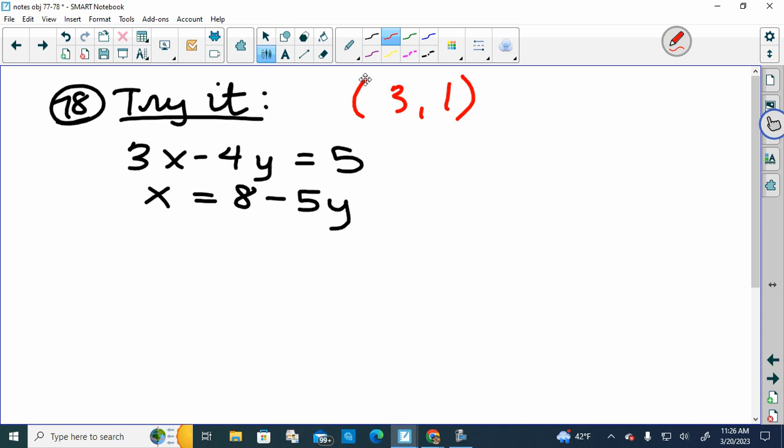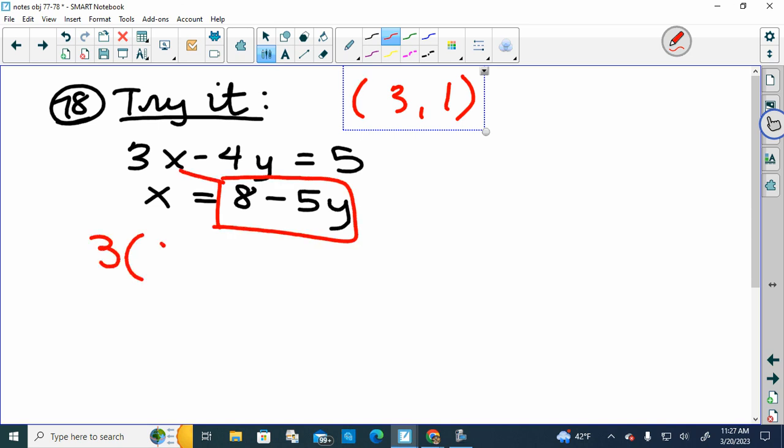Okay, how did we do? Even if you just have one of them. Negative 1, 3. Did everybody at least get 1 for the y? Okay. So when you plug this into this spot, you would have had 3, 8 minus 5y